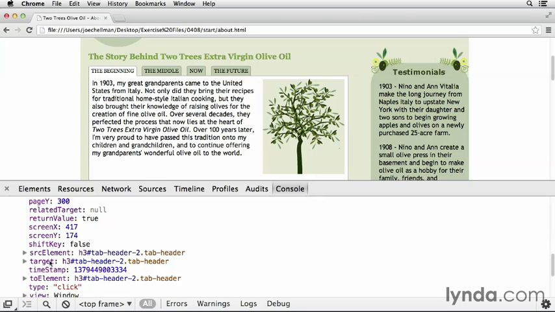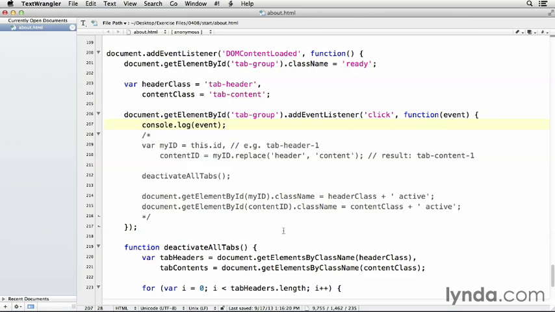The way I can recognize that is by looking and seeing if it has the tab header class. I could also check the tag. But then if I wanted to change the tag itself to, say, a div or a header of another level, H2, H4, something like that, I'd have to change it. But odds are I'll keep this class the same. So what I'm going to do is say, all right, if my click event was targeted on one of these, let's respond to it. So switching back to my editor,